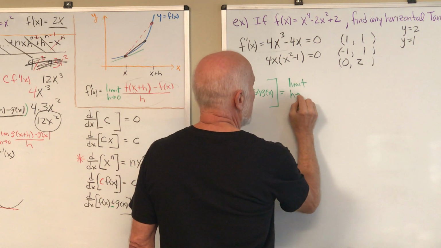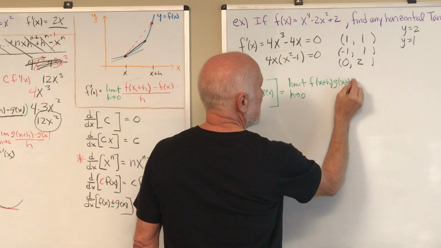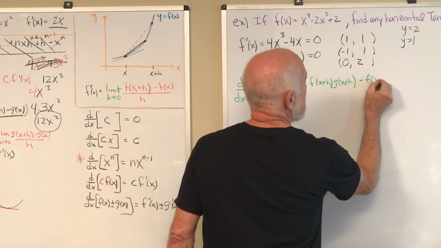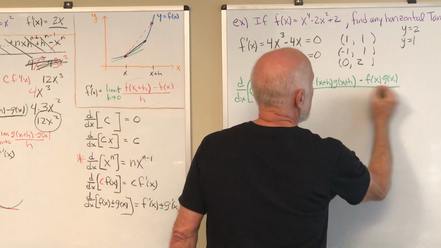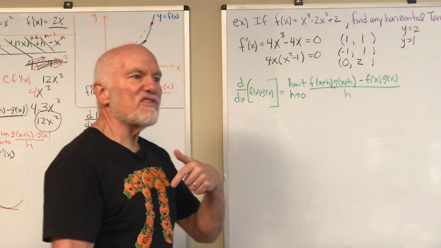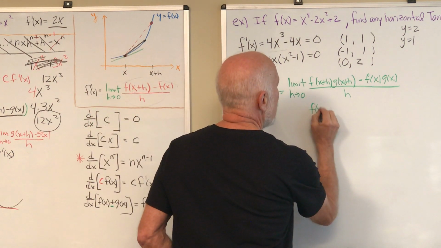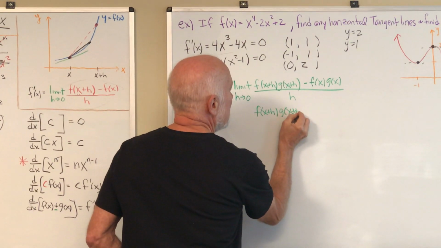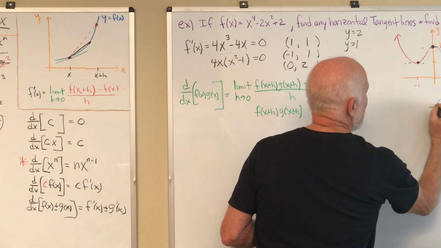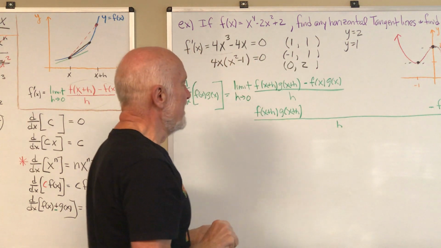The limit as h approaches 0 of f of x plus h, g of x plus h, minus f of x, g of x, all over h. What am I going to do next? This is kind of something that you might not just think about, and don't worry if you wouldn't have thought about it, but I'm going to try something. I'm going to take this first term, and then I'm going to wait at the very end and throw in that minus f of x, g of x, all divided by h. But in the middle, I'm going to add,